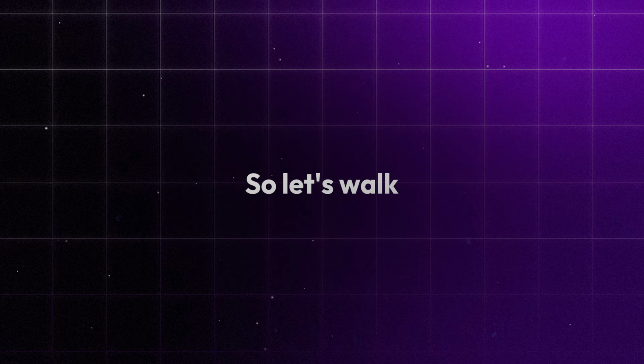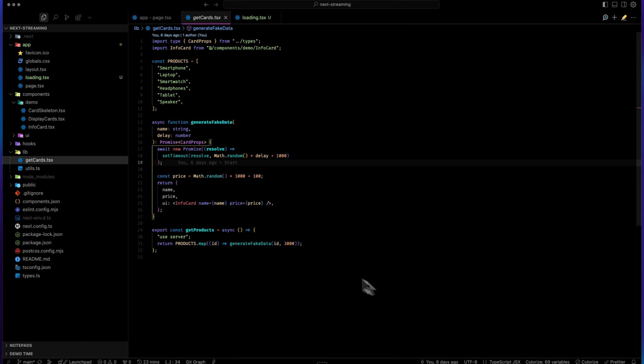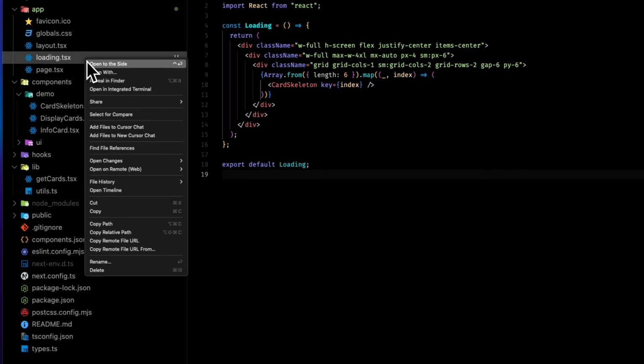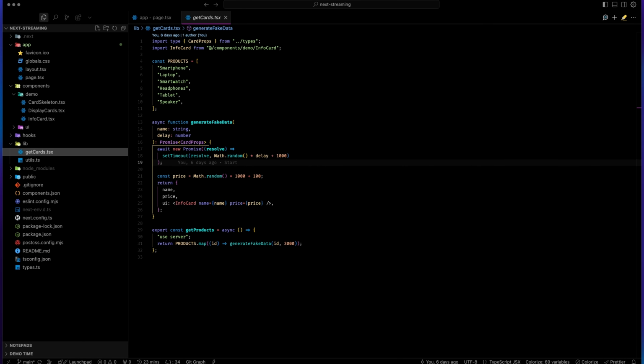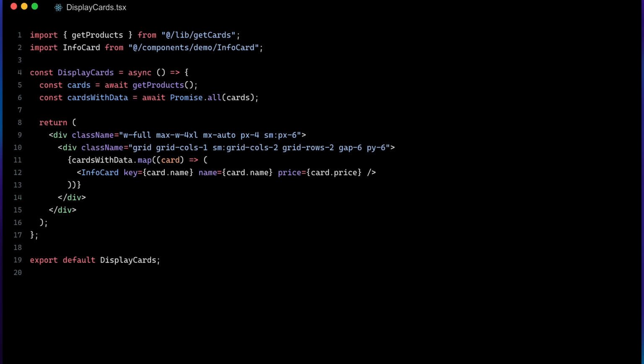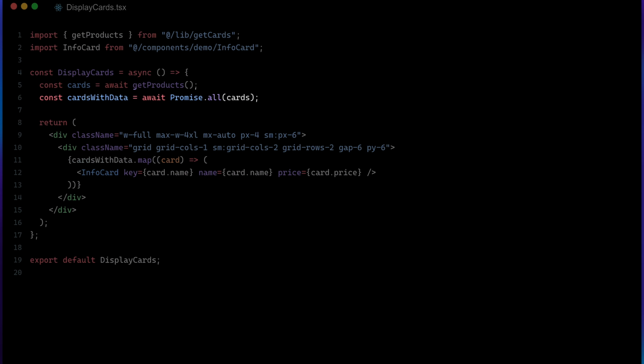So, let's walk through the code step by step, and before we do, just make sure you delete the loading.tsx file, as we won't be using it for this approach. Let's start with the original DisplayCards component. We are awaiting all the cards using Promise.all and rendering them together. Step 1,